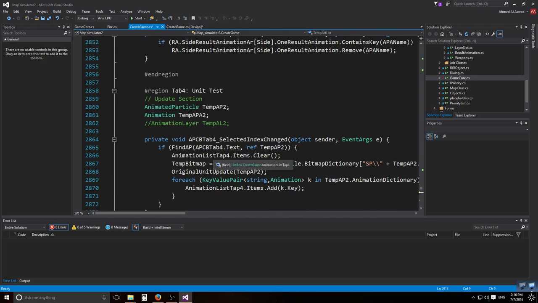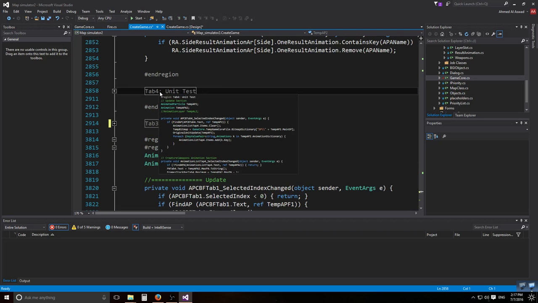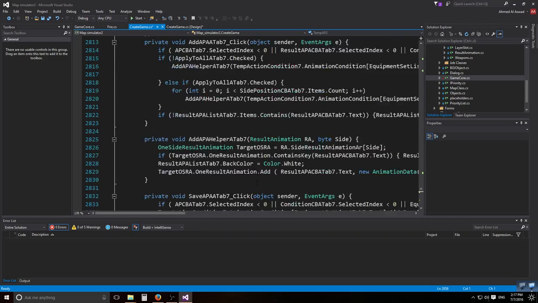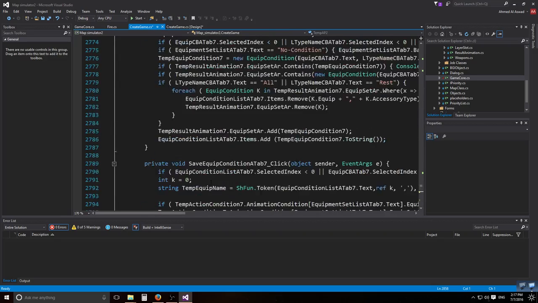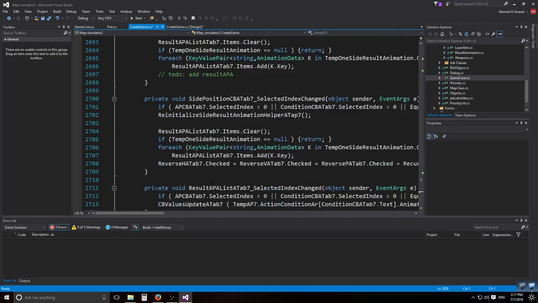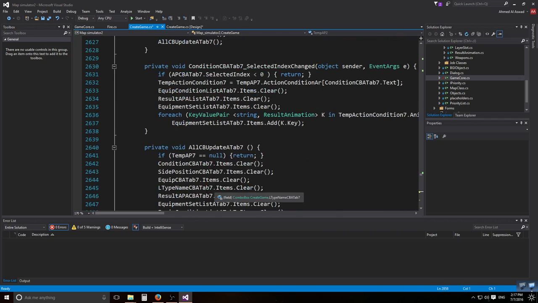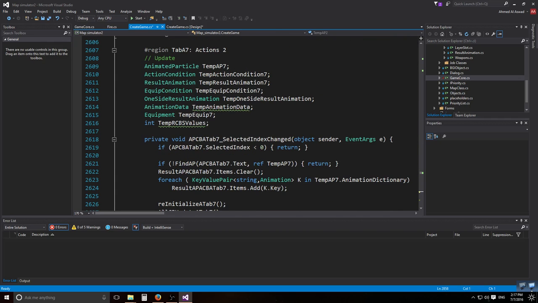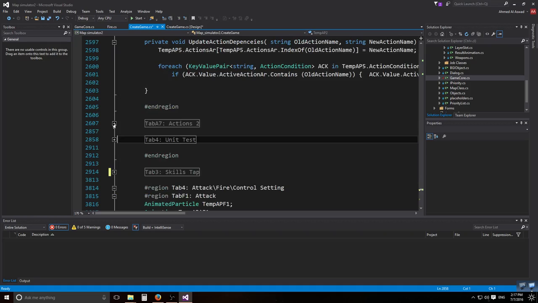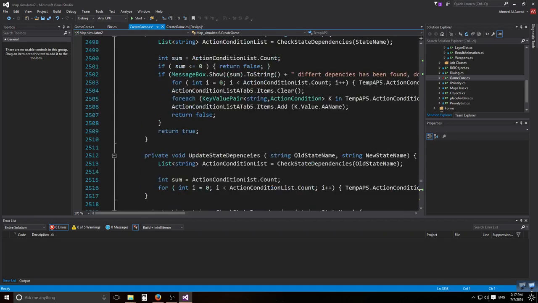Look at that. This is the section that I need to... This section, the whole thing, it will get deleted later on. This is the unit test. I will start working on it after I finish this section, because after I finish this section, hopefully, we will be able to see characters move and do actions and stuff. And then we can test and